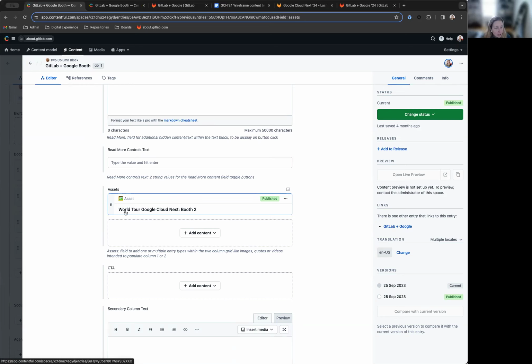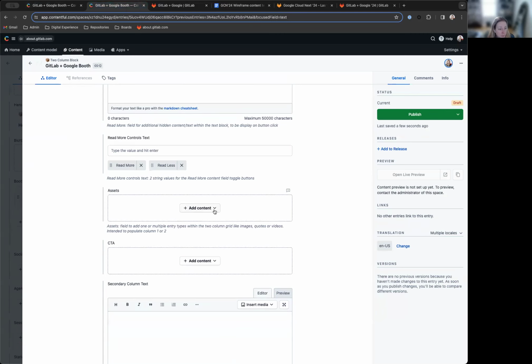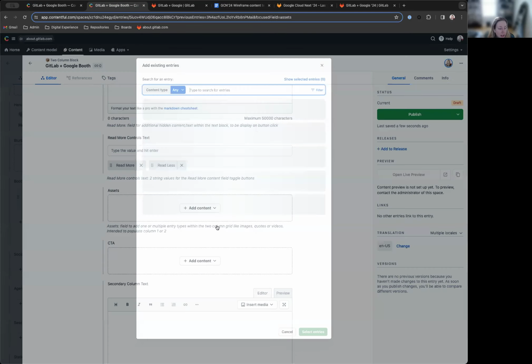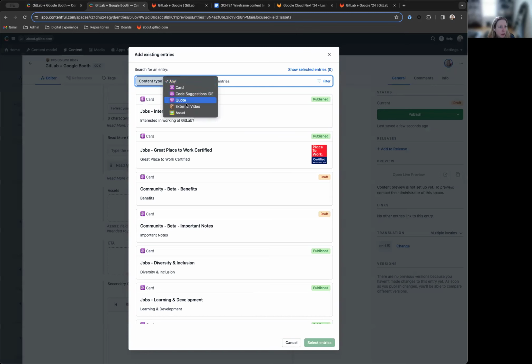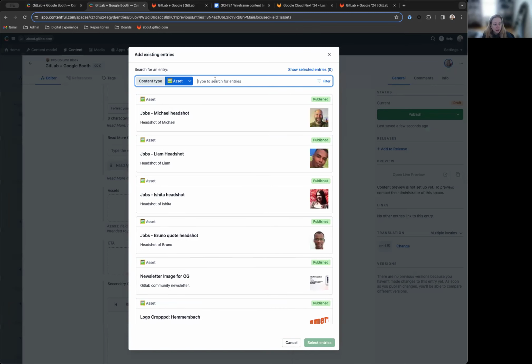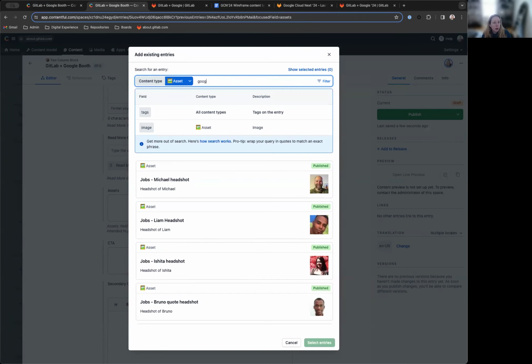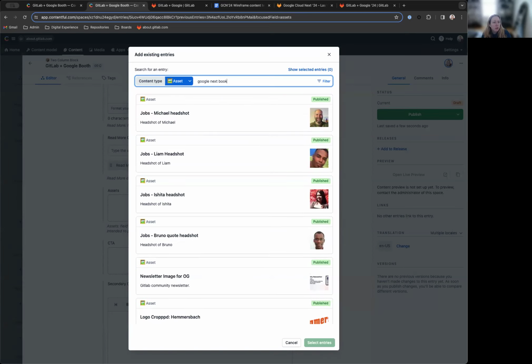It looks like it's called something descriptive, booth 2 at Google Cloud Next. So we know that this already exists on the page and it is already stored in Contentful. So I'm going to just reference it from my new page. I'm going to add existing content and open up this search bar to make things easier. I'm going to search for an asset, for what it was called over there. Maybe it was Google Next booth. I'll just throw in